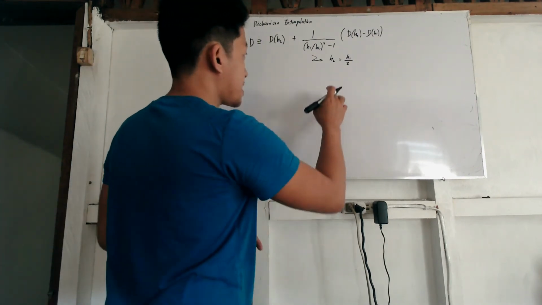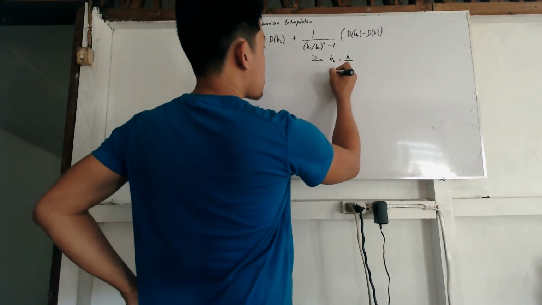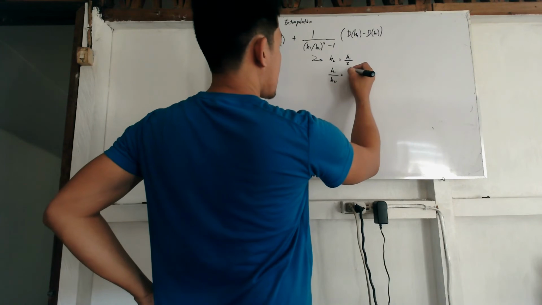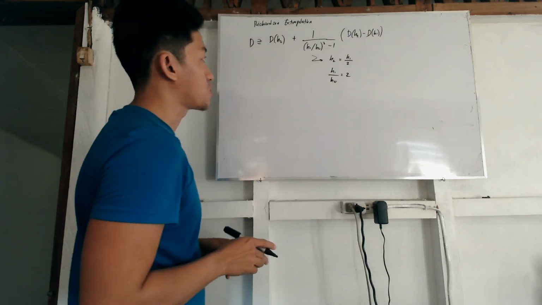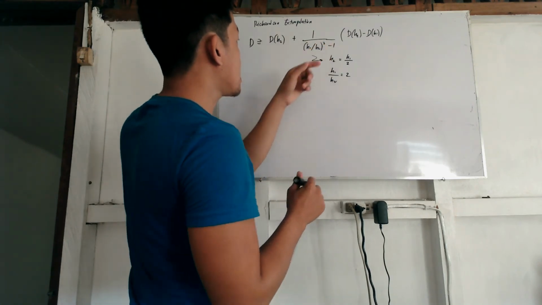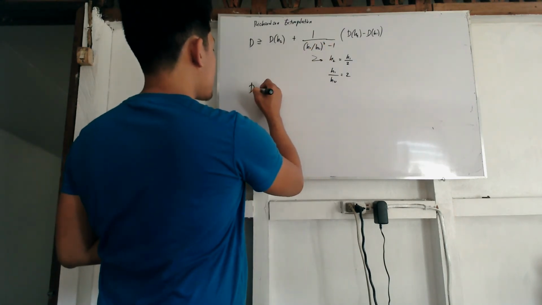So with that, h1 over h2 is equal to 2. Okay, so therefore, plug in this here, so you arrive at the equation,